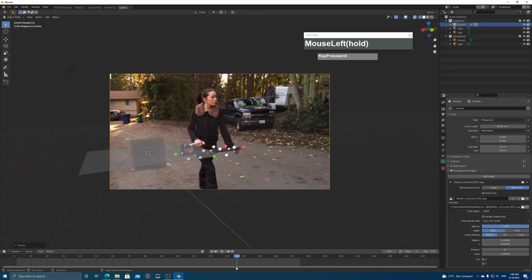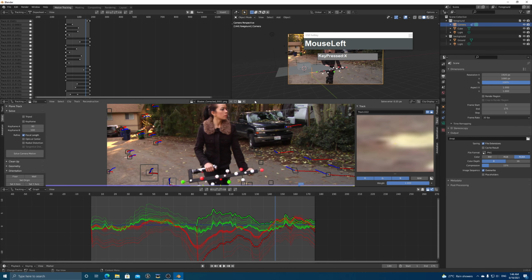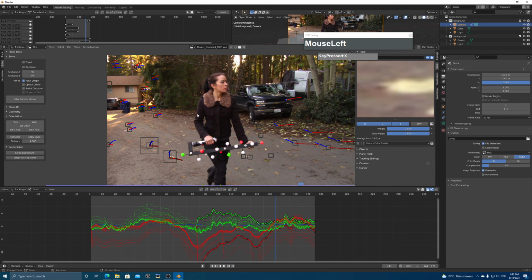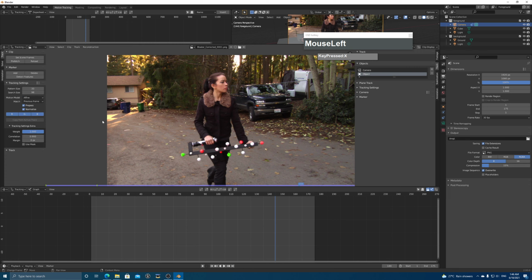So now we have to move on to track these colorful balls on this prop here. Let's go back to the motion tracking tab, and then we're going to set up our object tracking. To do the object tracking, go over to the track tab here, click on the drop down under the objects, and then click on the plus sign to create an object track. And you know that the markers are now cleared. Now we have to go back to tracking again, and this time I want to use